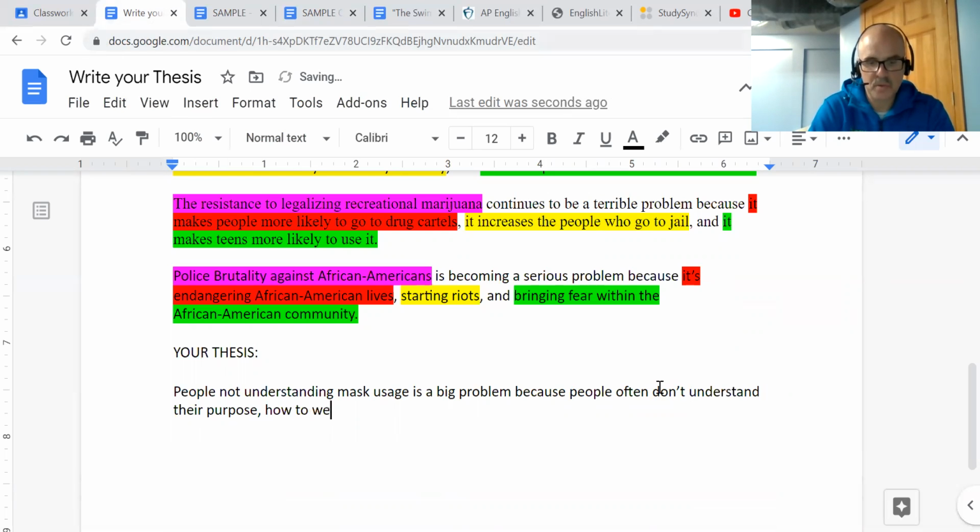How to, I don't have to repeat people often over and over again, right? People not understanding mask usage is a big problem because people often don't understand their purpose, how to wear them, or their limits. And I chose those topics and worded them based on the quotes that I had. Now,